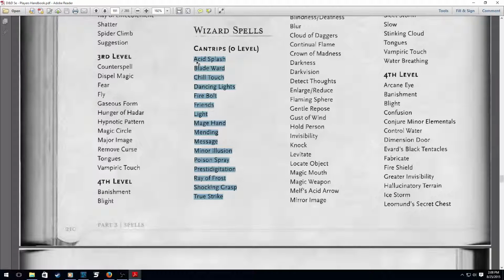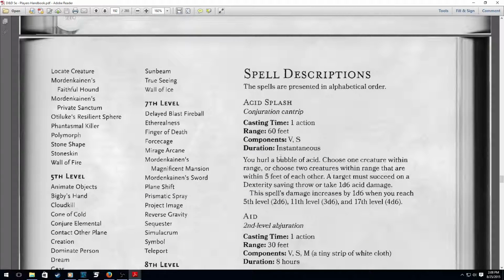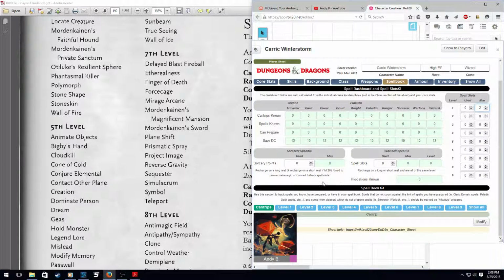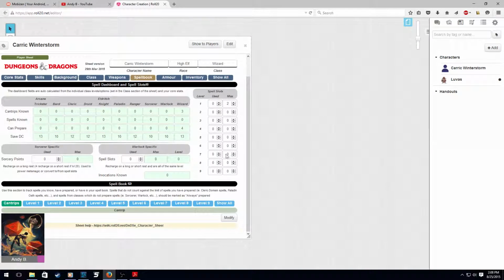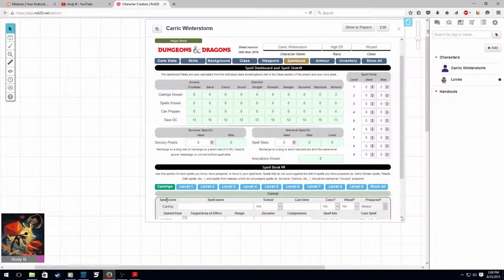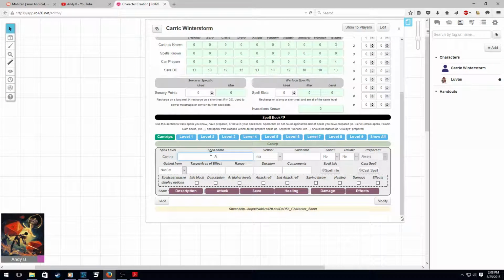So if we decide to pick this for a cantrip, here's your information for the spell. You could also use the spell app on your phone, but this video is for those who don't use the apps. So here's all the information you need for the spell. You go into your character sheet here, and you add a cantrip, and my little logo's in the way there. So I'll move this over here. Click add. So we have Acid Splash,